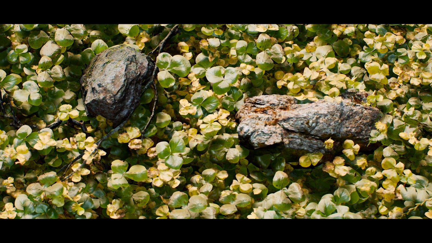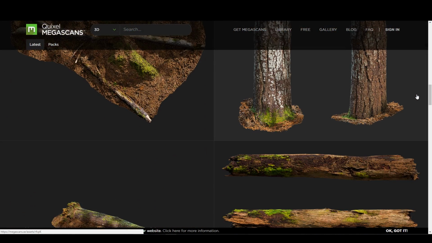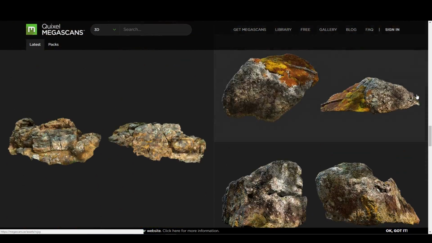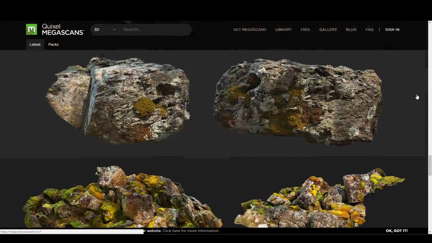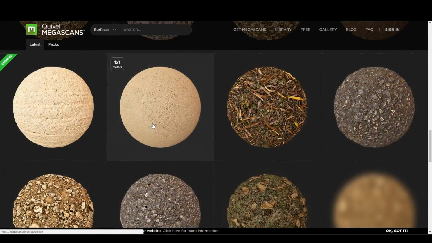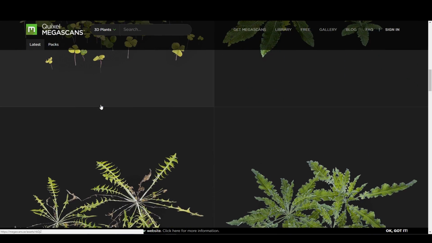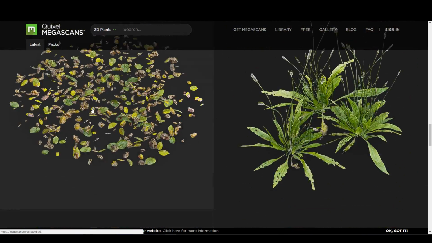up my scatter systems. If you aren't already familiar with the Megascans service, it's essentially a huge collection of scanned surfaces, atlases, and 3D meshes. And everything's consistently calibrated so you can swap different meshes and assets out and know that the values are going to stay consistent. It's a super useful resource for any kind of artist, and it's constantly evolving with many new